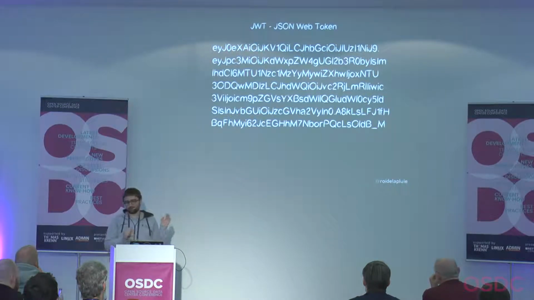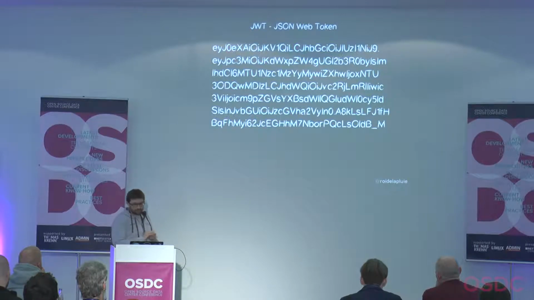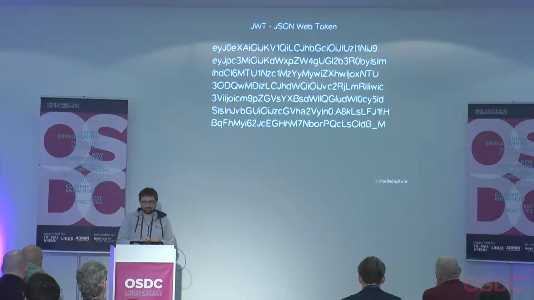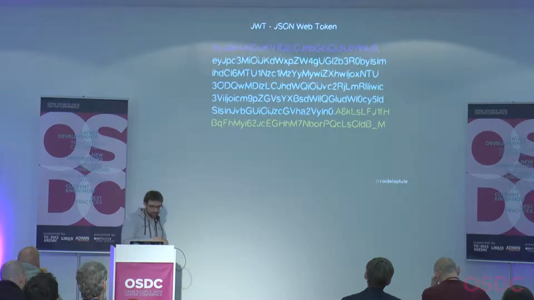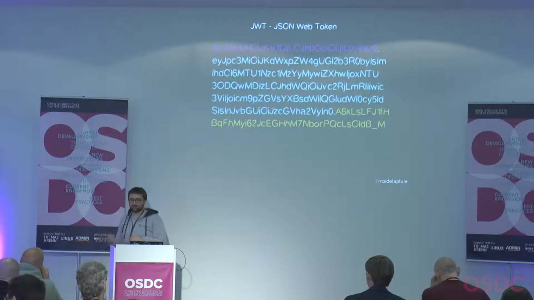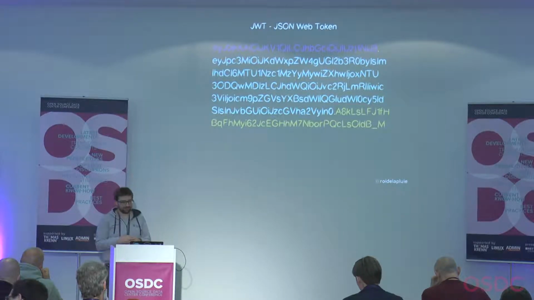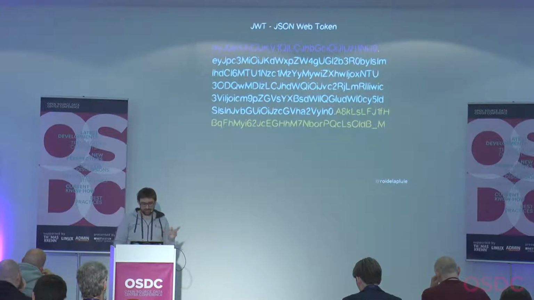So that's one of those tokens. It's a format named JSON Web Token, and this is an access token that Keycloak can provide you. It's split in three parts, which I will explain. There is a website where you can put your web tokens and just see them decoded, which you should not do with your production tokens. Anyway,